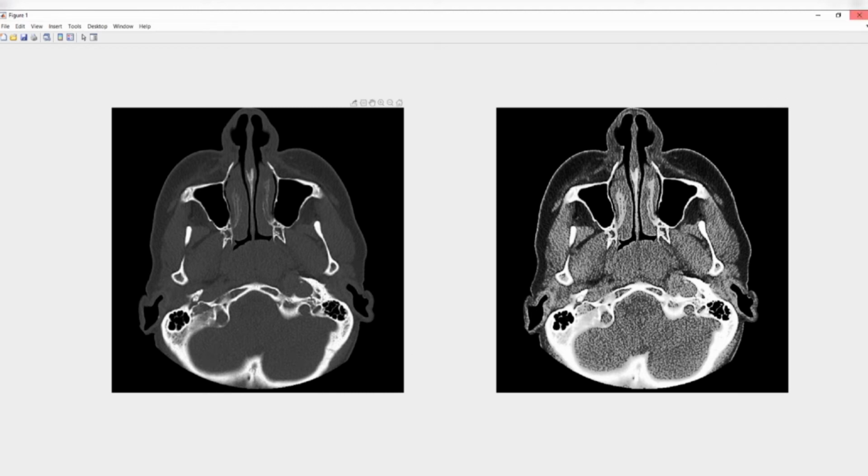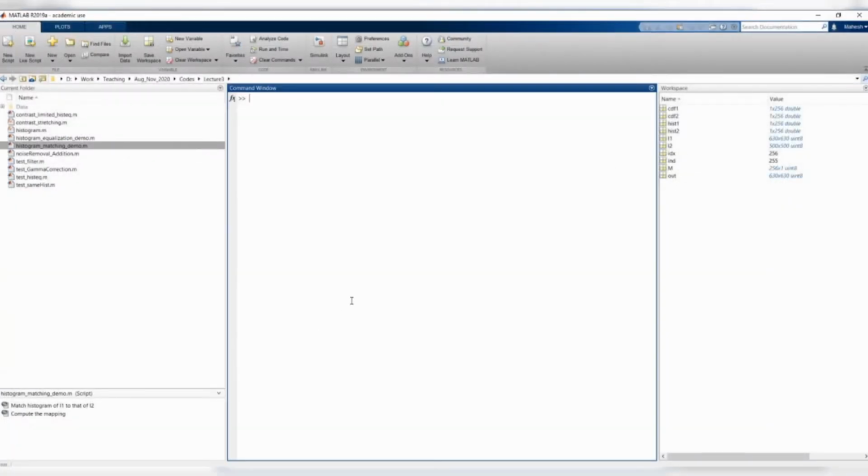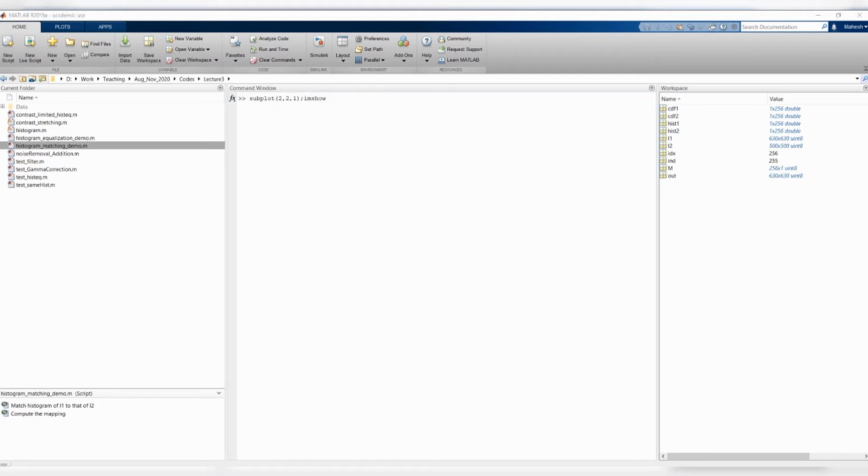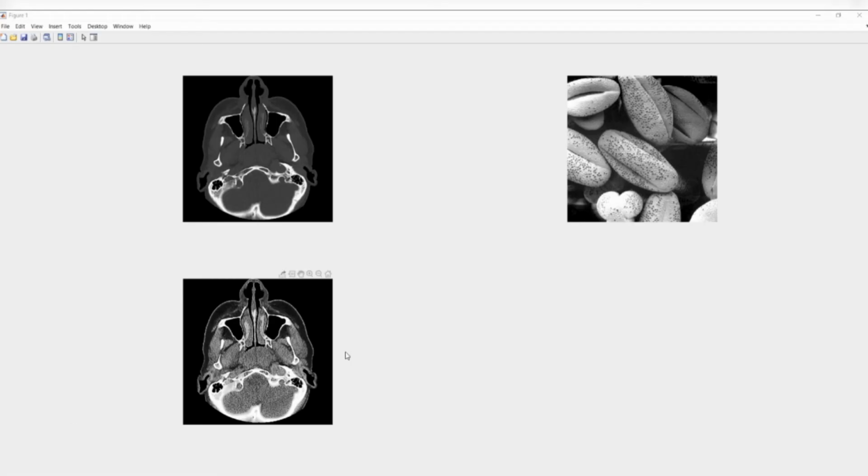So the whole process is, let me just put it, I will show you what the images are. Subplot of 1 2. Let's have 4 images. Okay, so this is how it looks. This is the original image, and this is the second image which is having a very good contrast, which we discussed in some of the classes earlier. So what I am actually doing is taking the histogram of this and trying to make it as close to the histogram of this. Once I am able to achieve that, I use that transfer function, and then I transform this image to look like this, and it's really interesting, right.